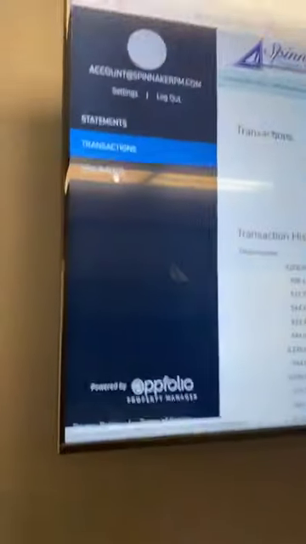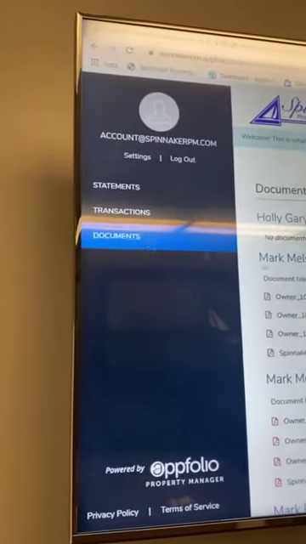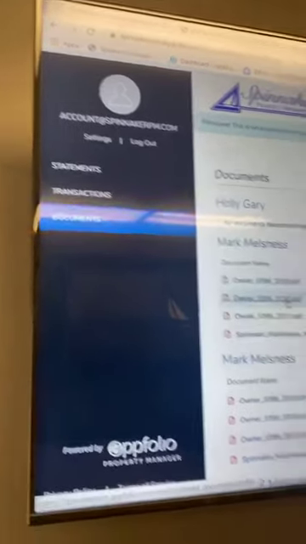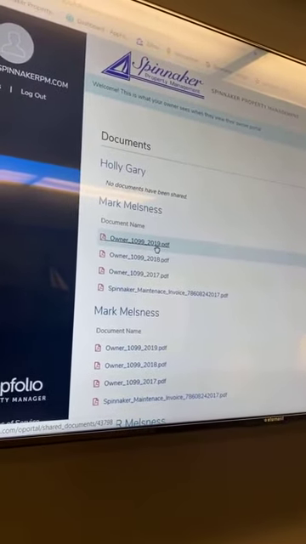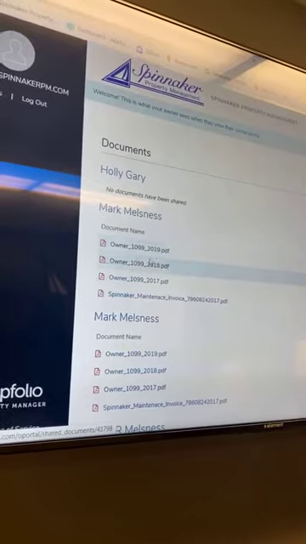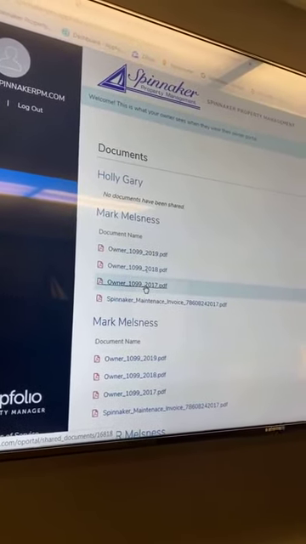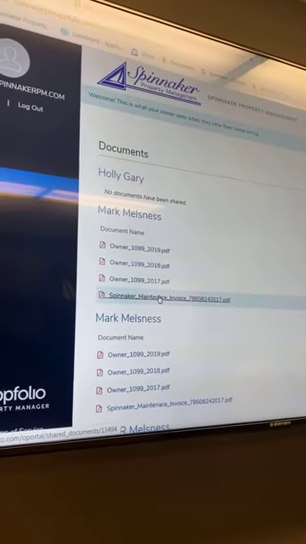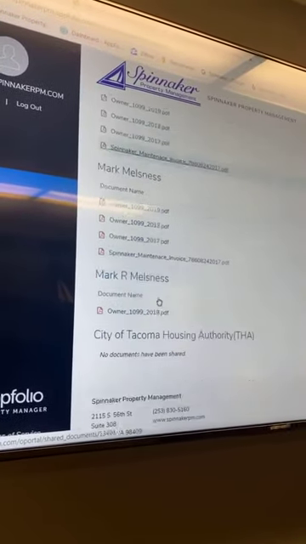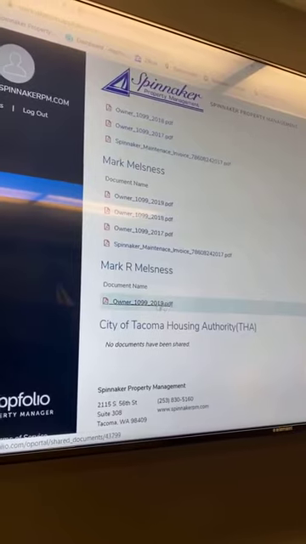The last tab we're going to talk about here is documents. So what lands in the documents is, as you can see, this is one of our owners. Anyways, just what his documents are in here. So like his 1099s for his property are in here, dating for 19, 18, and 17. There's invoices that we've paid on his behalf in here. There's some additional